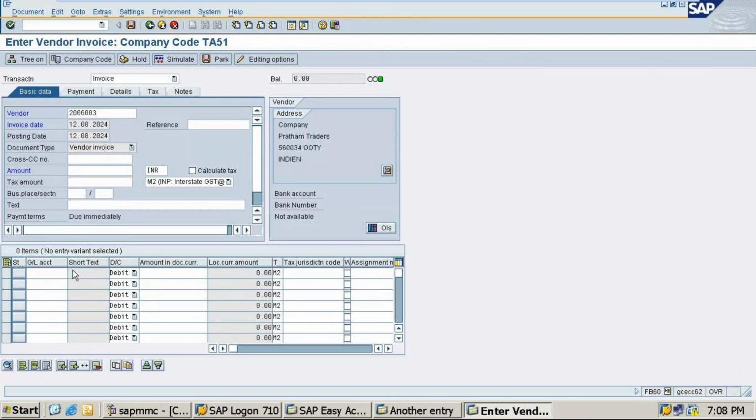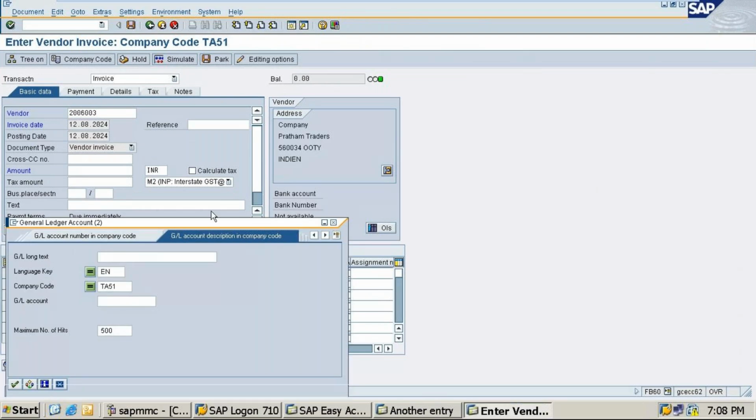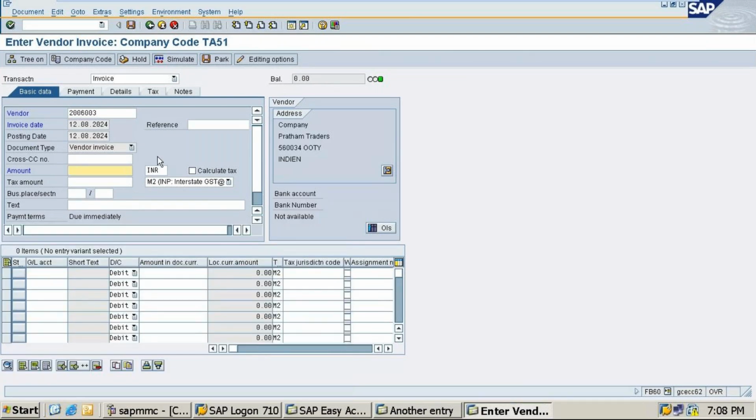Ma'am, when we previously created, we didn't fill in tax detail, no, ma'am. It will take automatically. Okay, this time we need to enter it, or how is it, ma'am?